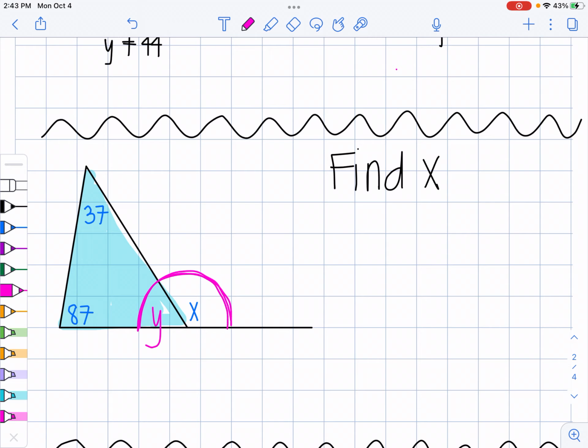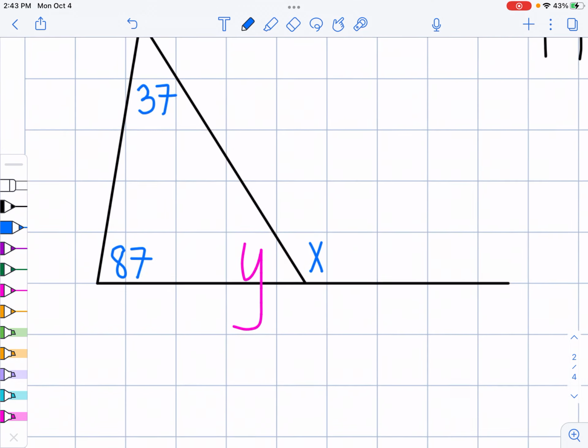So when you're looking at these kind of problems, you have to see what do I know and what can I find from what I know. Here, I only see that I can have information to find this missing piece right here, this y. Okay, I called it y and not x because I already have an x. So first I'm going to find this missing piece and then I can find my x value. So I know that all angles in a triangle add up to 180 degrees. So I can say that